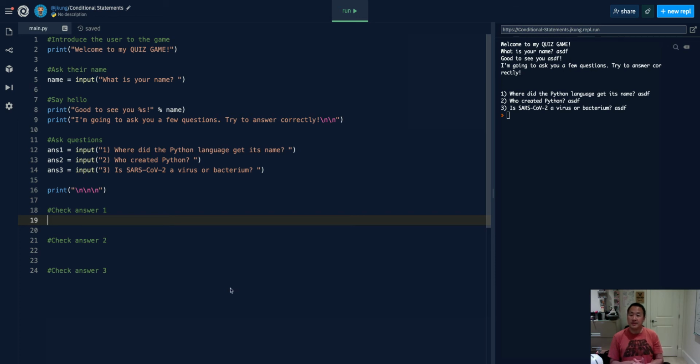This is called a conditional statement. And it's basically an if statement. In some languages, you go if, then. In Python, you just go if. So you go if answer 1 is,